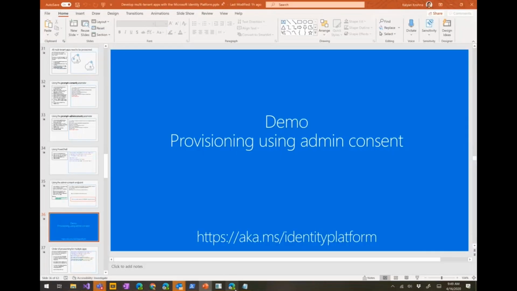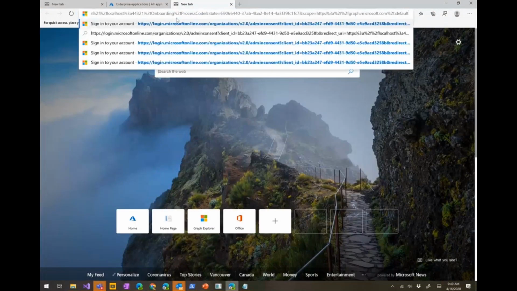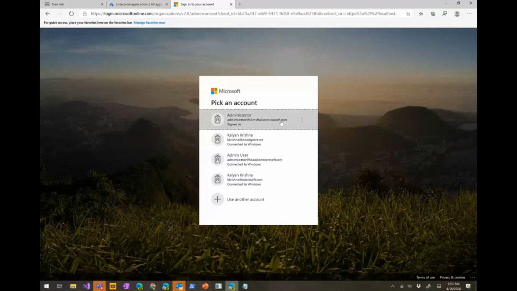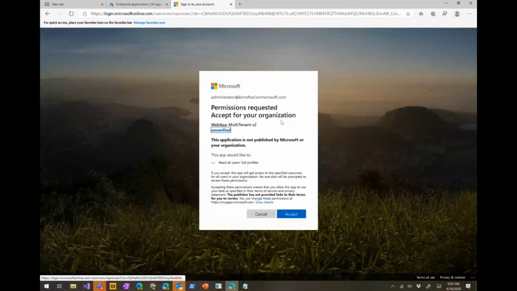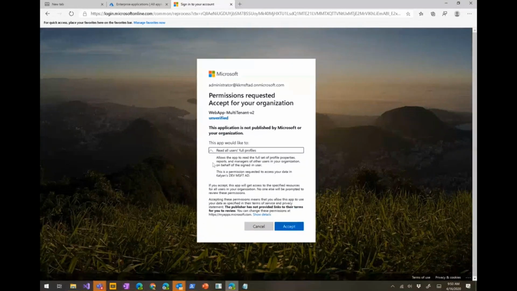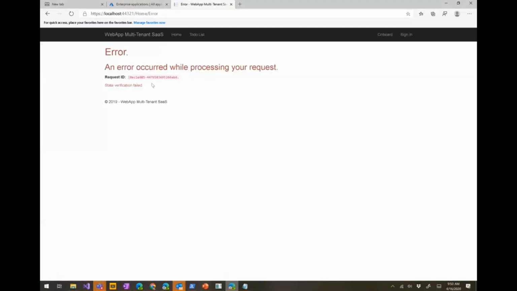So I'm going to just take this, go to my other tab, and paste it. If you see, it has asked me to sign in as the administrator. When I sign in, it will ask for the permissions that the app requires in that tenant. In that case, this application requires permissions to read all users' full profiles. And once I do that, you can ignore these pages because it's a problem with our sample.